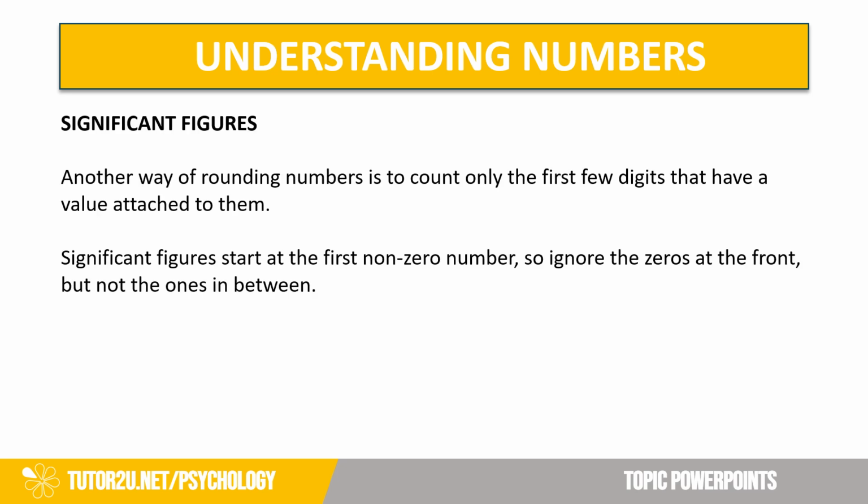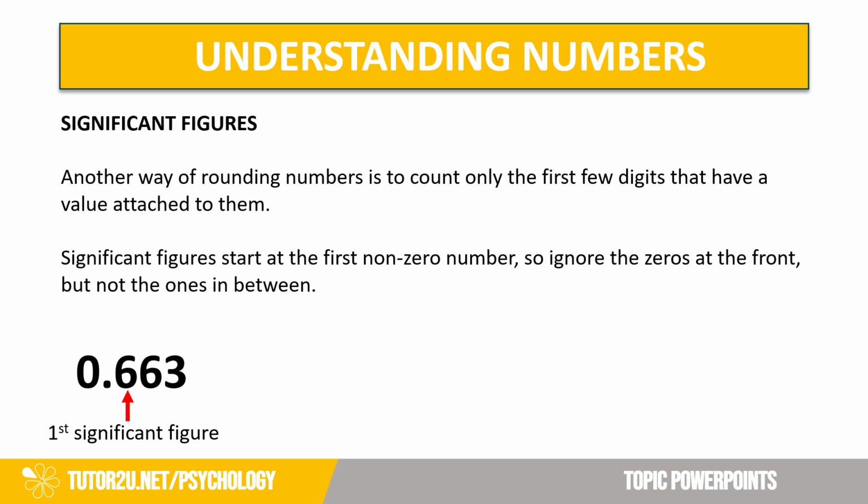So looking at significant figures, it's another way of rounding numbers, and really what we do here is count only the first few digits that have a value attached to them. In other words, significant figures only start at the first non-zero number. So we ignore the zeros at the front, but not the ones in between. So for example, we can see